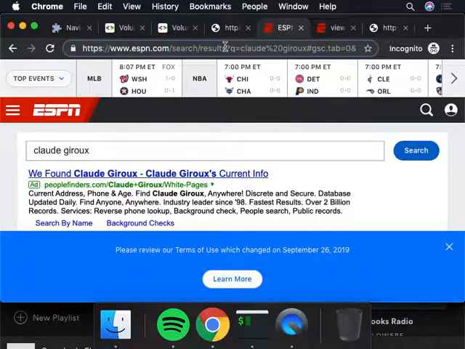It says search results, question mark, Q equals Claude Giroux, okay? So every time you see the question mark, that's the beginning of what's called a query parameter. It's essentially like a form, okay? So it's like I'm looking for teams, but teams such that this form field matches this value, okay? So here that's this query, Q, equals Claude space Giroux.